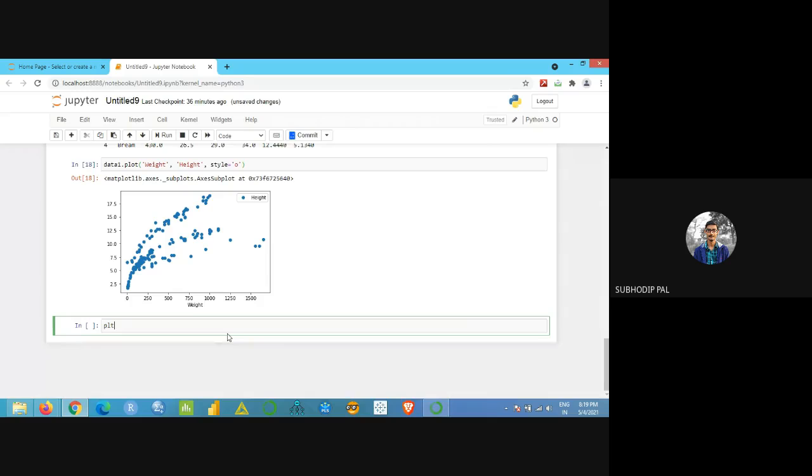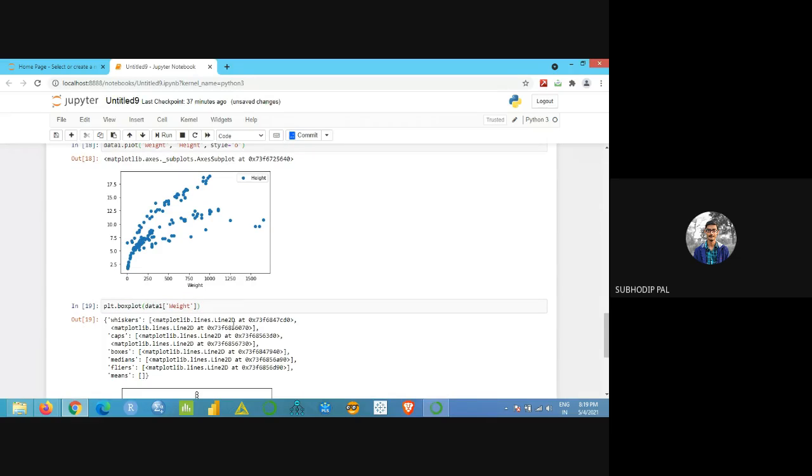So plt dot boxplot. Then I have to name the data. So my data set name, data one. Then in the square bracket, you have to mention your variable name for which you want to plot the box plot. So I want to plot it for weight, in single quote.